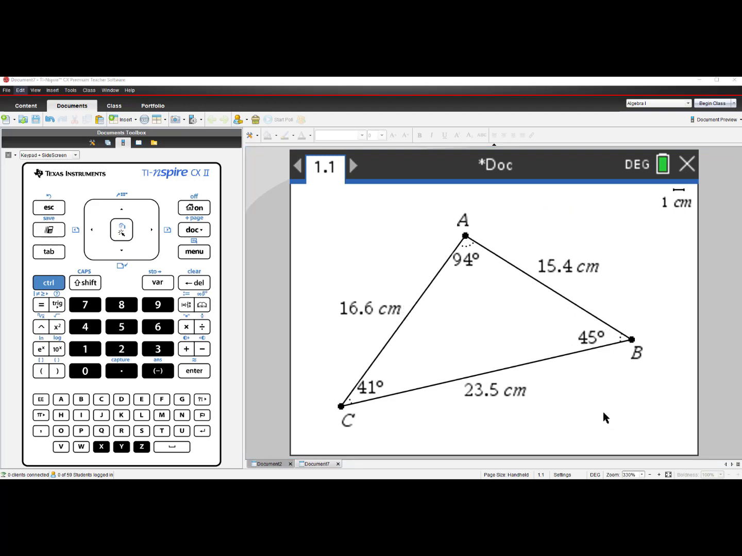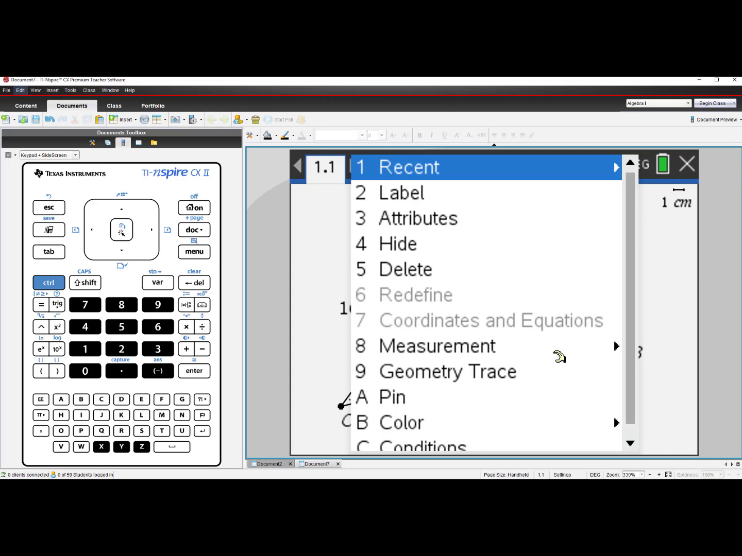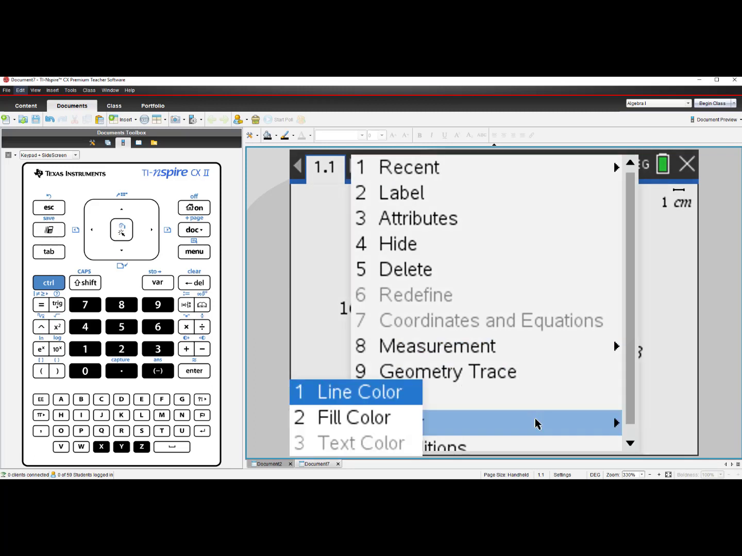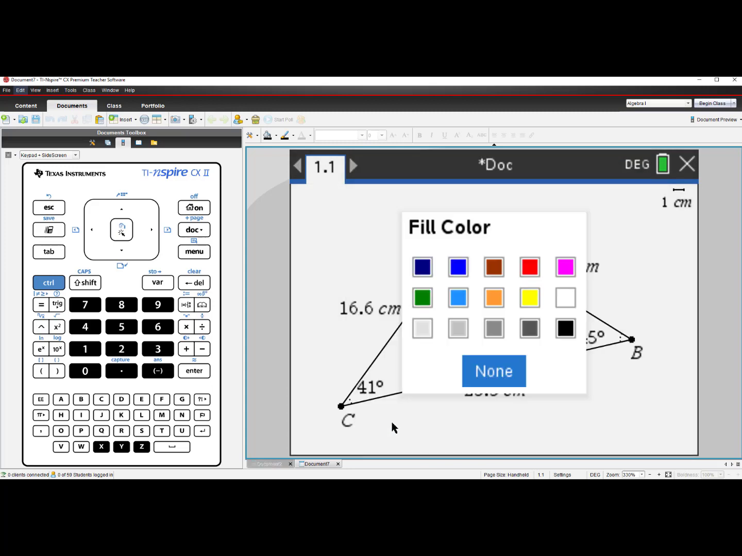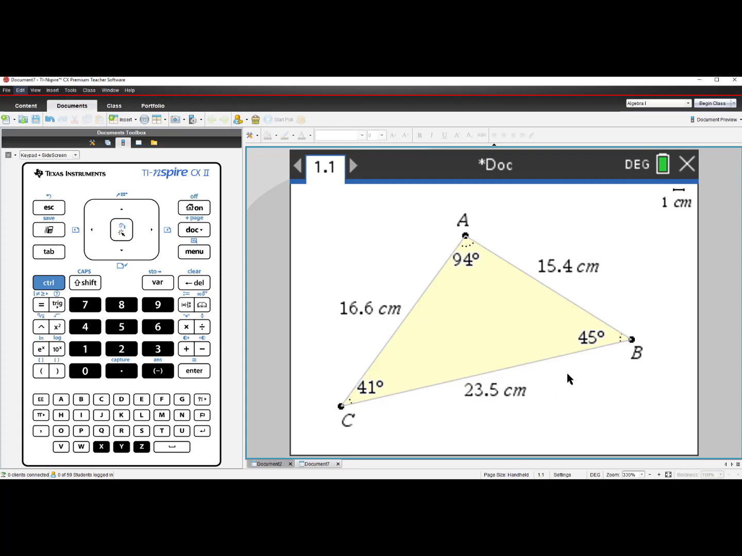Spice up your triangle. Go and hover the side of triangle ABC. Press Control Menu. Control followed by Menu is the equivalent of a right click on a computer. Letter B has Color, and you can choose number 2, Fill Color. Here are color options where you could add a little spice to your geometry page. I chose yellow. I click off in the white area, and now I have a much prettier, much more dynamic